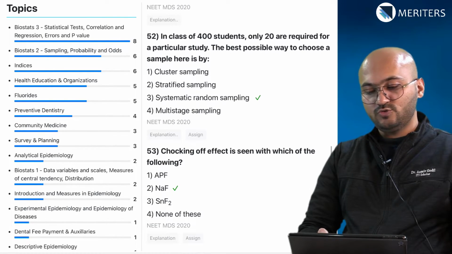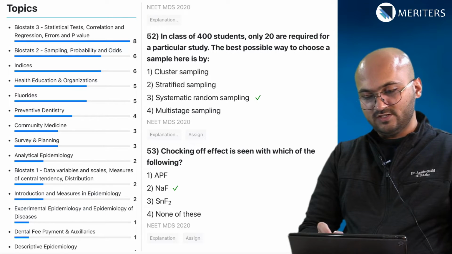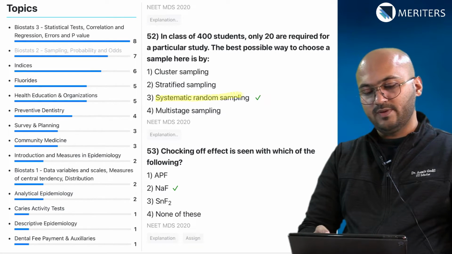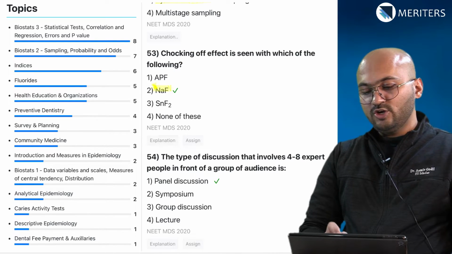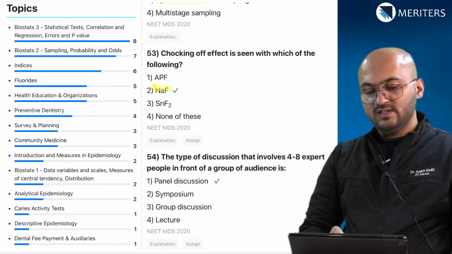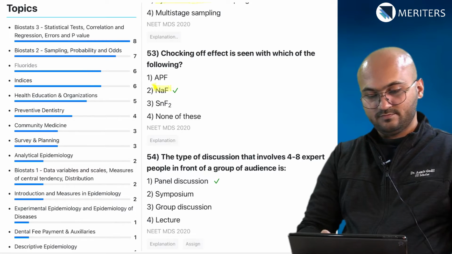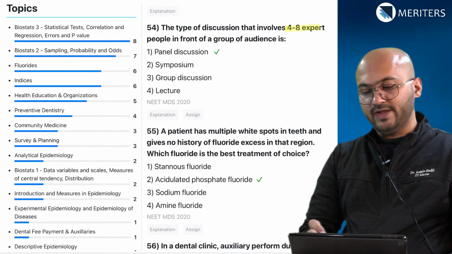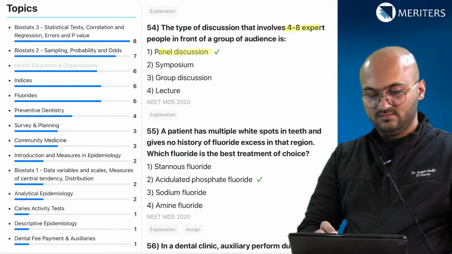In a class of 400 students, only 20 are required for a particular study. The best possible way to choose is systematic random sampling. Choking off effect is seen in which of the following? Sodium fluoride. The type of discussion that involves 4 to 8 experts in front of a group is a panel discussion or